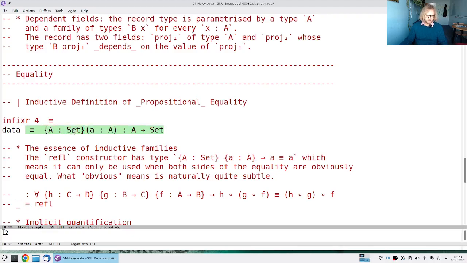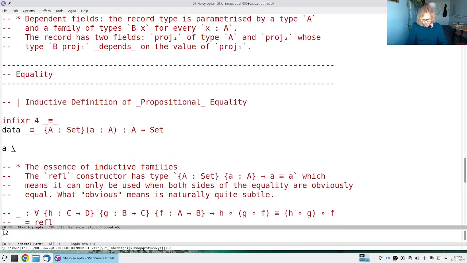Agda is going to figure it out for me. So this says that if you have little a of type A and some other a, then the type a equals b is a type. Doesn't mean that a is equal to b,